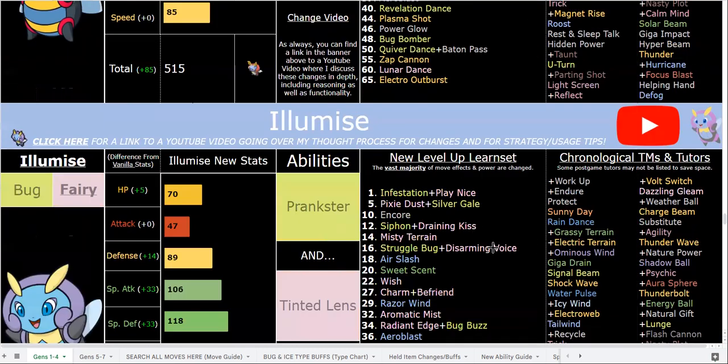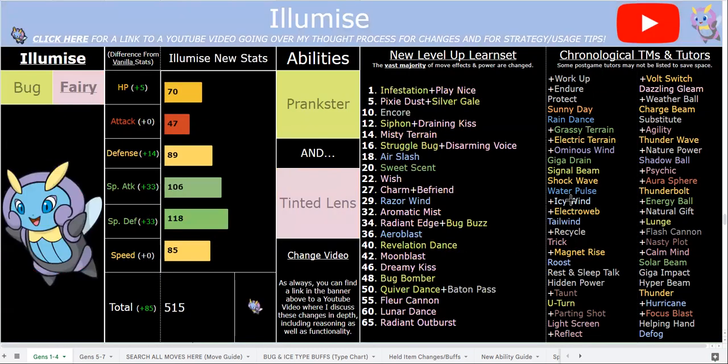And then as for Illumise with Tinted Lens, which is an ability it already had, honestly, it's one of the few bugs I don't really like Tinted Lens on, but they already had it, so I may as well let them keep it. Because it's a great ability and it works really well as a complement to Prankster, as an option, I'll say. It works well as an option balancing-wise, because like I said, I balance all Pokemon to have 2 good abilities to switch between. So Tinted Lens great offensively, Prankster great defensively,